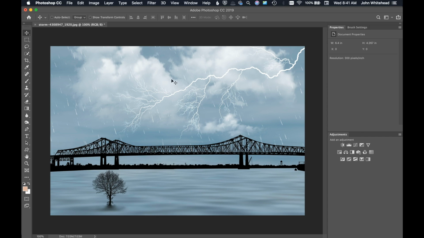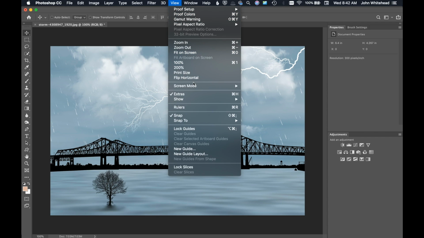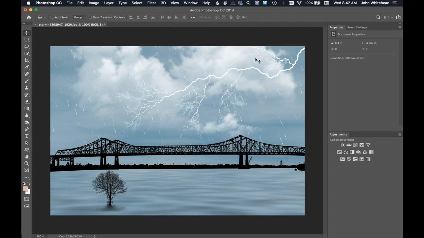Now the first one, we're going to come up here to View and scroll down to Screen Mode. Right now we are in Standard Screen Mode. We also have Full Screen Mode with Menu Bar and Full Screen Mode. Now, to simply go to one of these different views, all you have to do is select it and you'll easily go to that menu. But I'm going to show you a quicker, easier way so you don't have to come up here